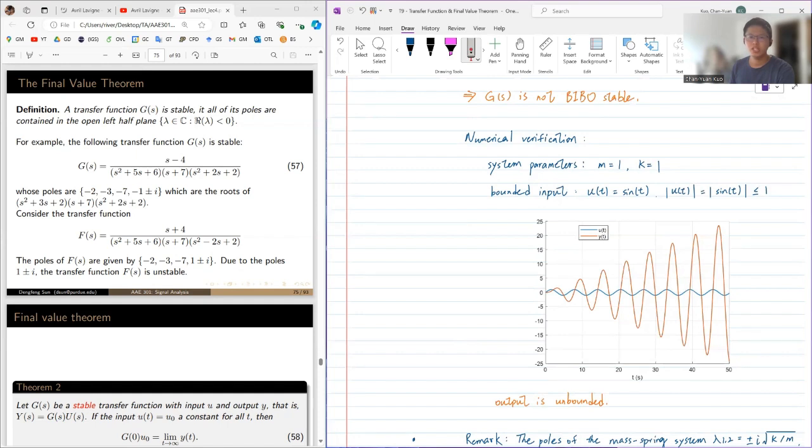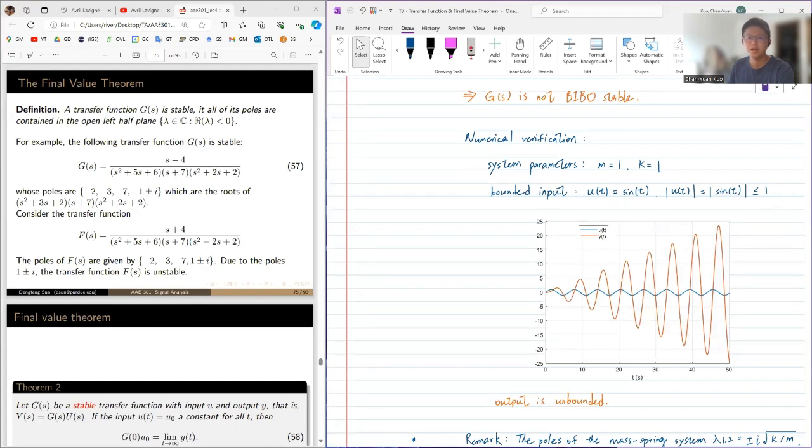Here, the graph shows the input and the output of the system over the time interval from 0 to 50 seconds. The input is represented by the blue line, and the output is represented by the orange line. From this graph, we can see that the output is a sinusoid whose magnitude grows exponentially. In fact, this phenomenon has a name called resonance. And this happens because the system is subject to a sinusoidal input with frequency equal to the natural frequency of